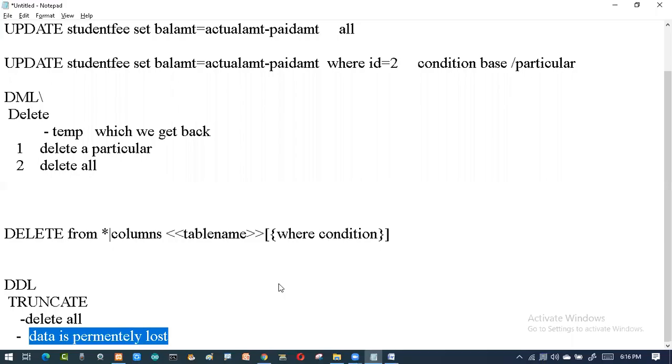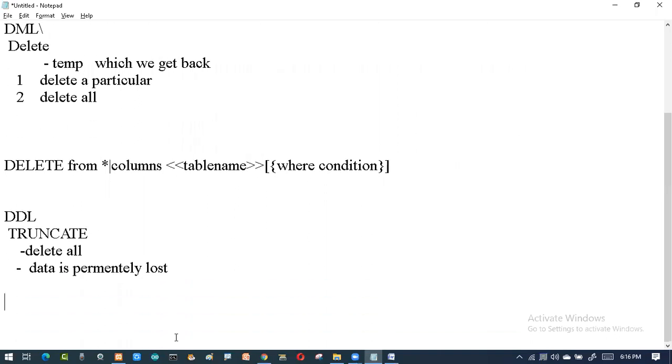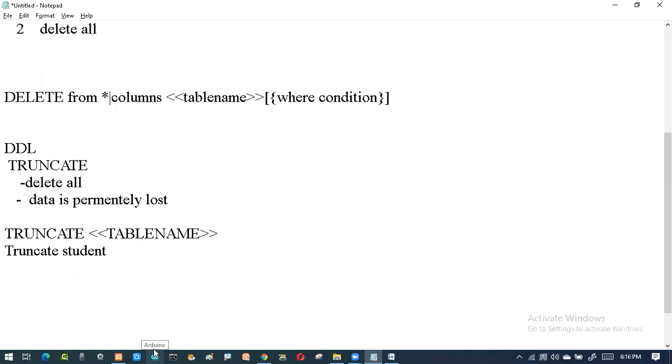So the syntax is truncate followed by the table name. For example, truncate student. So this is the syntax and this is the example.